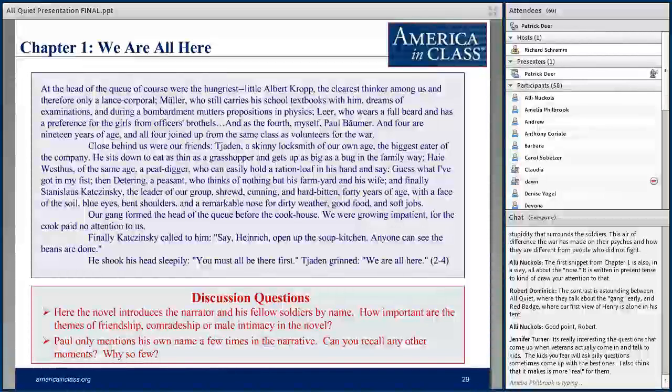One question I have, you'll see my first question is actually quite a leading question. How important are the themes of friendship, comradeship, or male intimacy in the novel? Well, that's a leading question. Obviously, yes, they are important. But then this funny point about the status of Paul as narrator again is more complicated than we might think, especially if we begin by reminding our students Paul does not equal Remarque